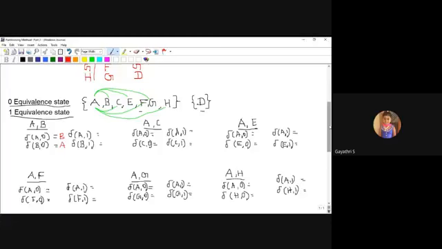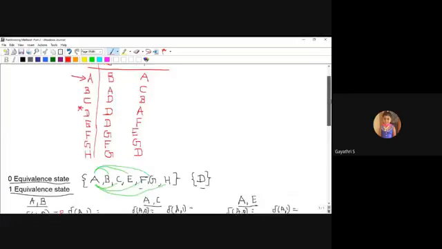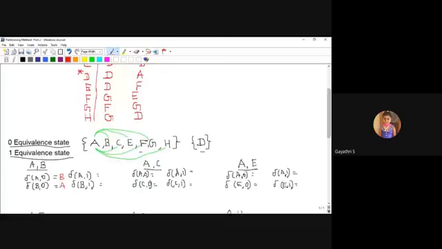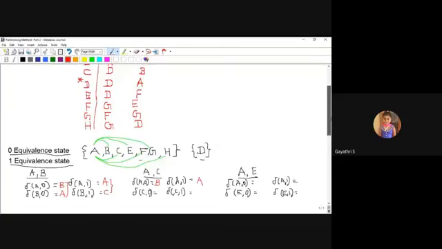A on 1 moves to A, B on 1 moves to C. That is AC. So BA pair is within the same group, and the AC pair is also in the same group. Next, the AC pair: A on 0 is B, A on 1 is A, then C on 0 is D, C on 1 is B. That is DB.